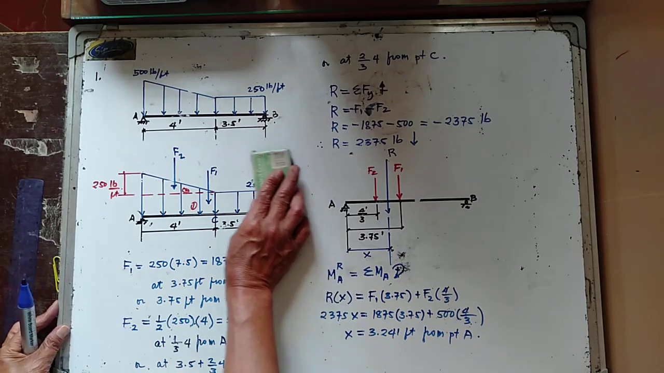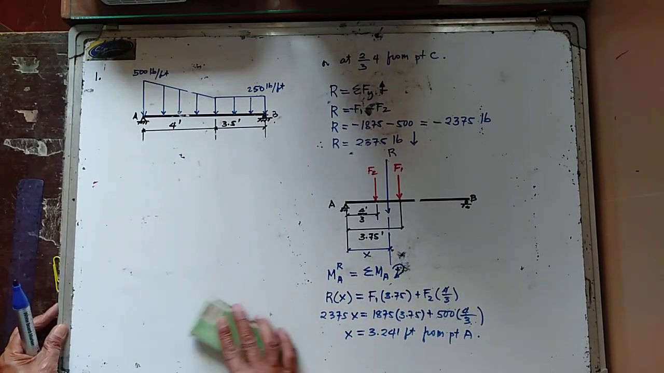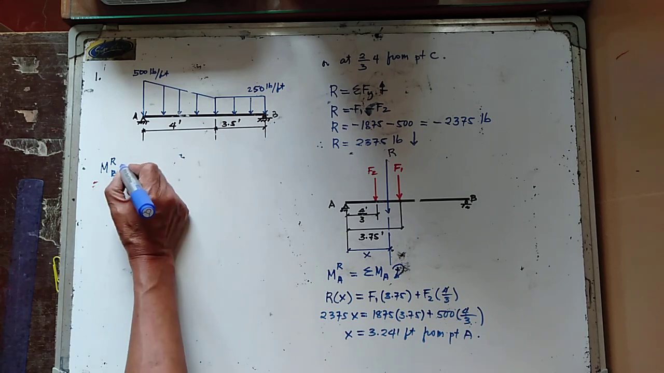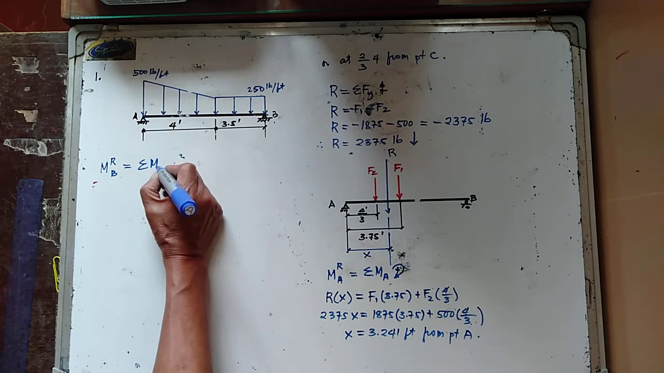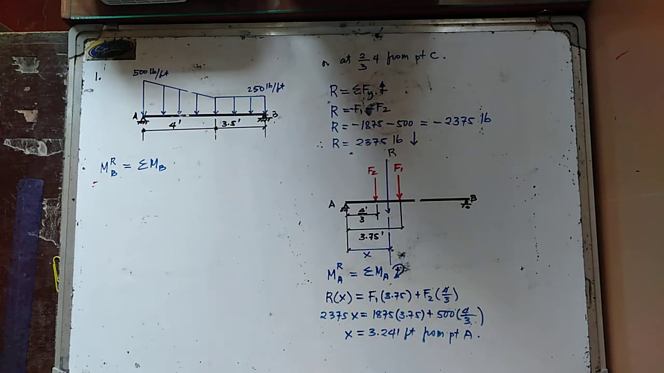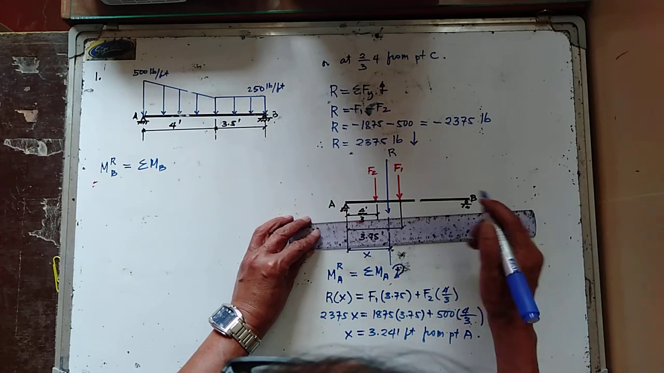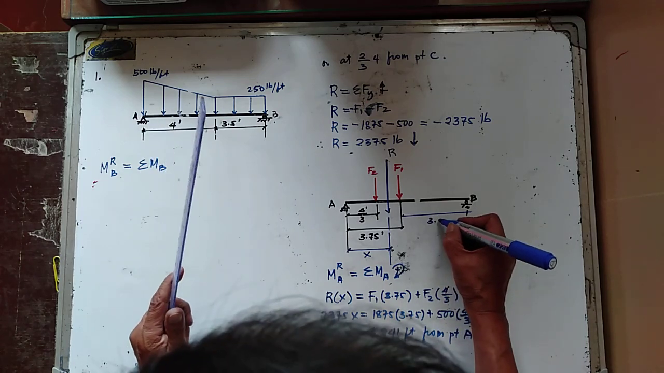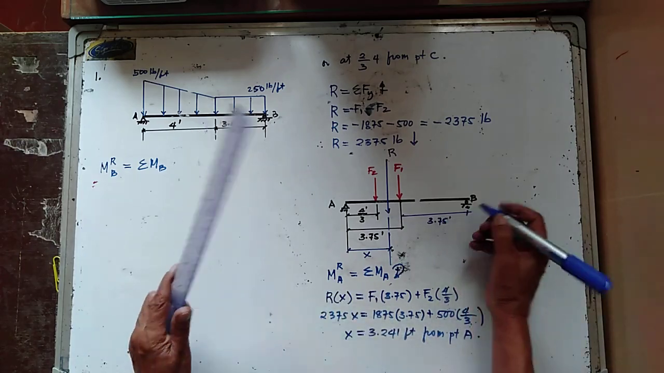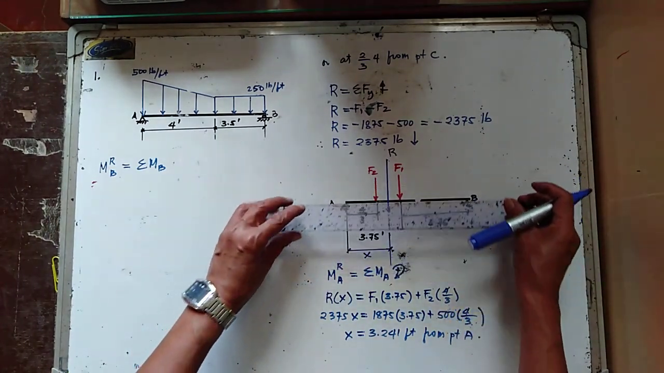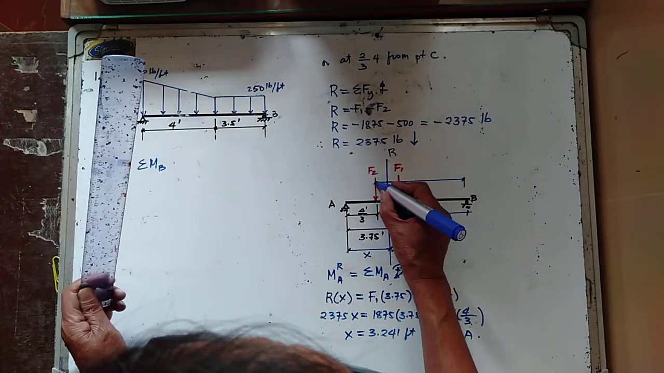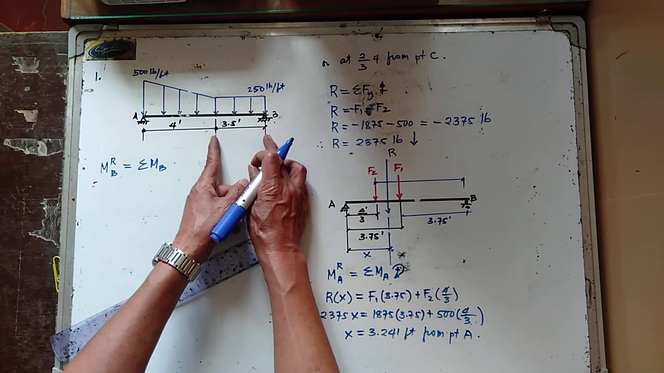Now, supposing our reference point is at point B. So, moment of the resultant about point B is now equal to the summation of moment of all the forces about the same point. And that is now your point B. So, this distance in here from point B is now equal to 3.75 feet, and the distance of F2 from point B, okay, so that distance from point B is equal to 3.5